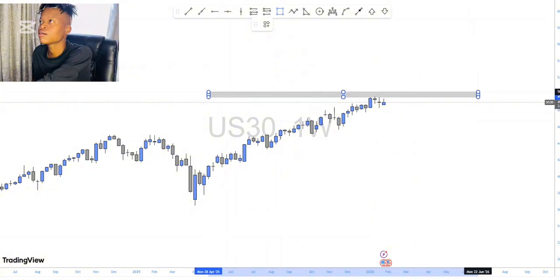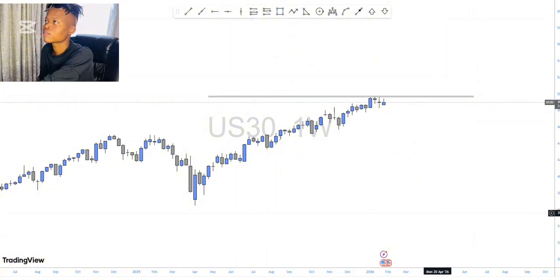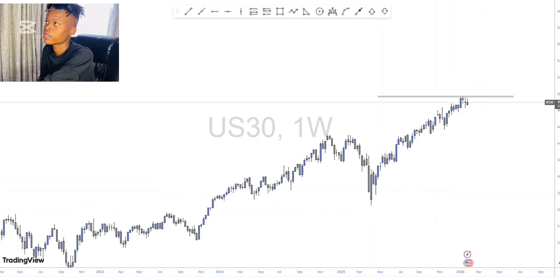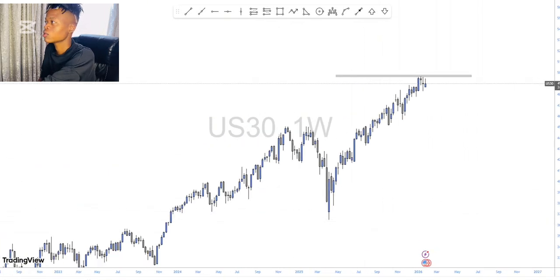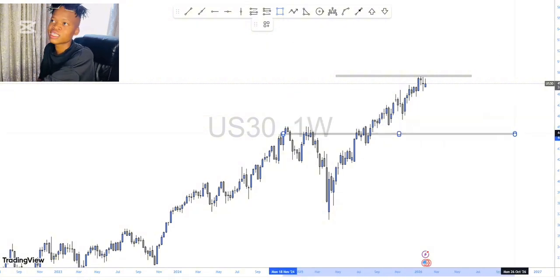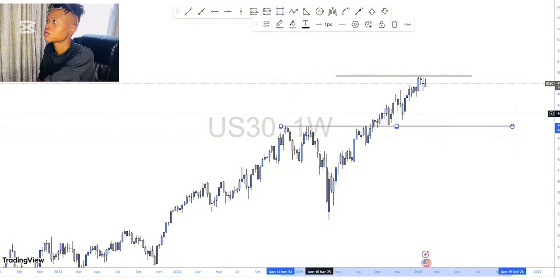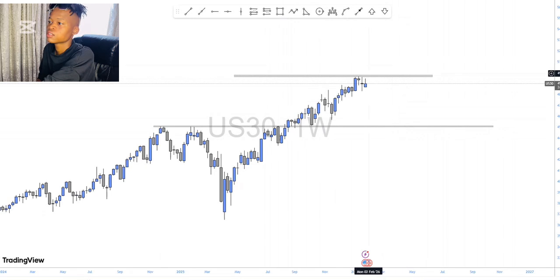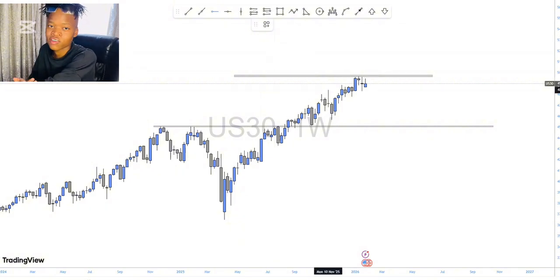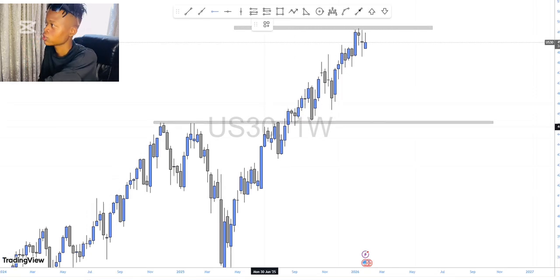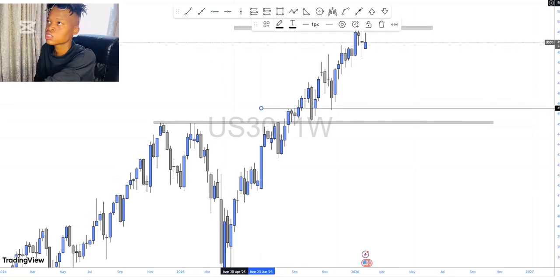So on this US30, I'm just going to quickly identify my highest point, which is this point here. Then I'm going to come for my current lowest point, which is going to be this point here, understand? So as you can see, this is my current highest point and current lowest point. What I'm going to do here, I'm just going to cater places when the market touches, the market reverses only inside my highest point and my current lowest point, you understand? So which is this point here